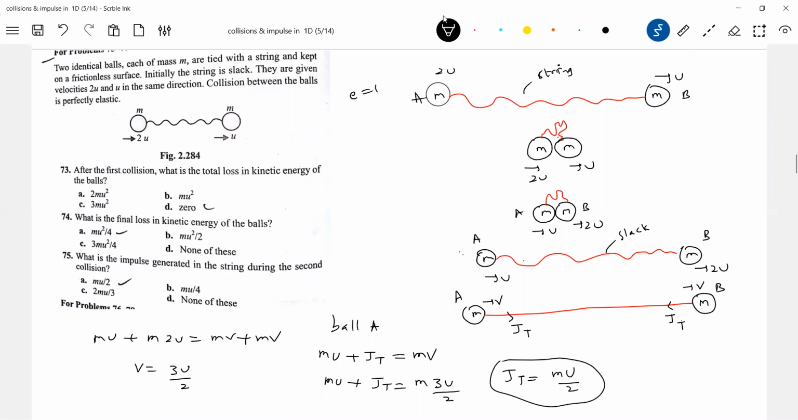What is the impulse generated in the string during the second collision? After the first collision, what is the loss in